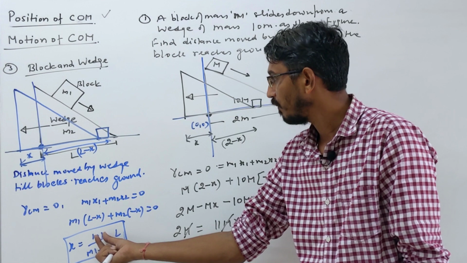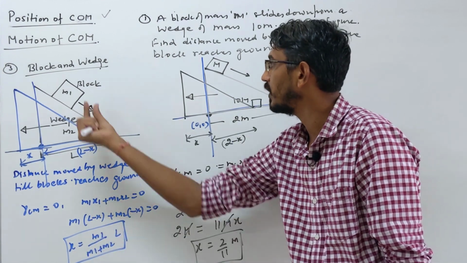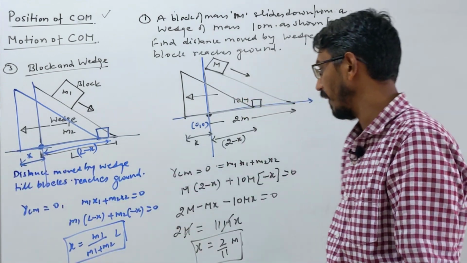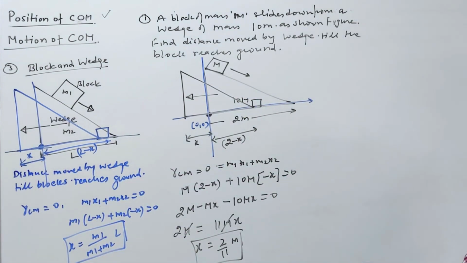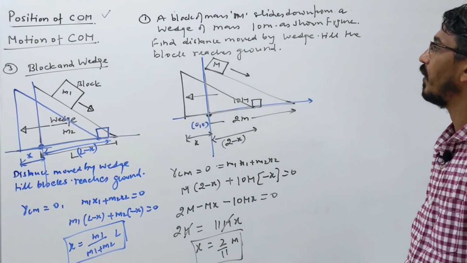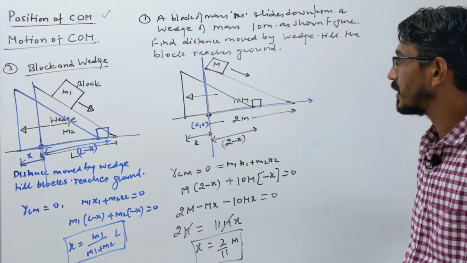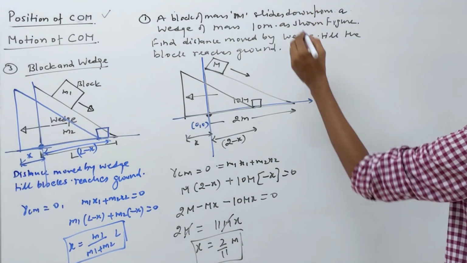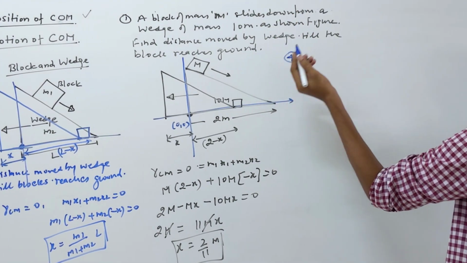Do not get confused here: M1 is what? M2. In this formula, M1 means the block which is moving on this, right? The other distance we have to calculate. So what type of problem is this? It's a block and base problem, and exactly similar we have the man and plank problem. Let's discuss that also. Exactly the same things will happen for this type of question.